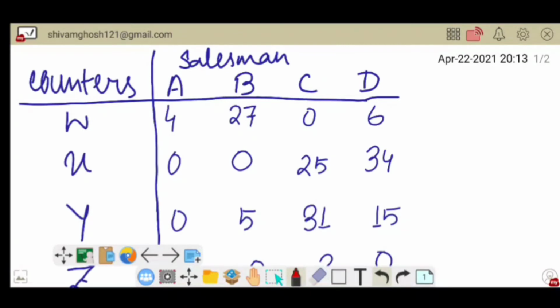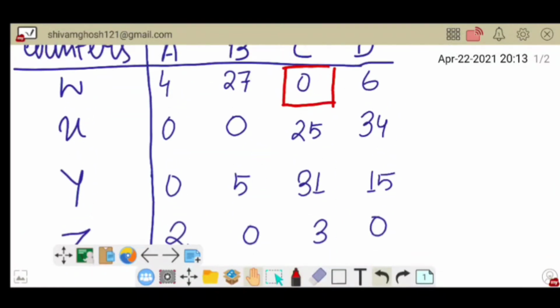In the first row, in accordance with the row, we have to assign the 0. Assign means selection, recruitment. So we recruit this 0. Is there any 0 in the column? If there is any 0 in the column, then we have to delete it. There is no 0 in the column, so we don't have to delete any more. In the second row, there are two 0s. If we select the first 0, then we have to remove this 0 in counter Y.